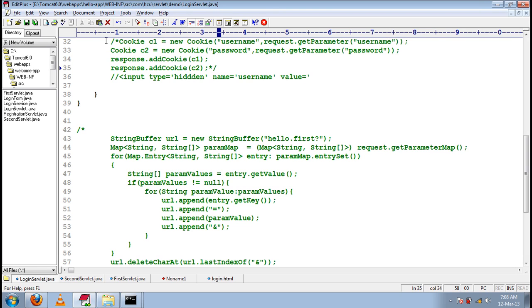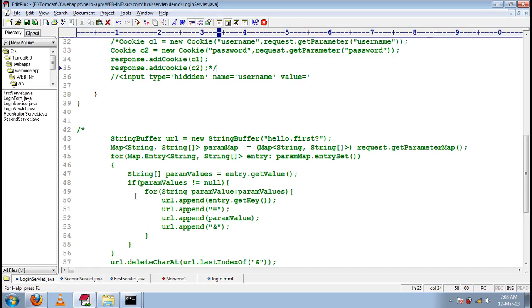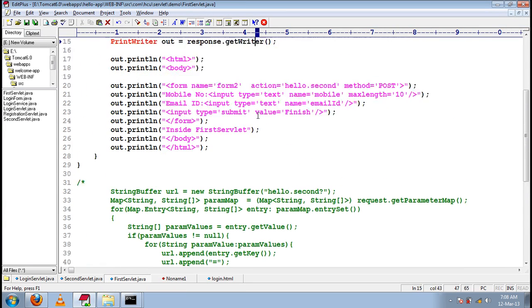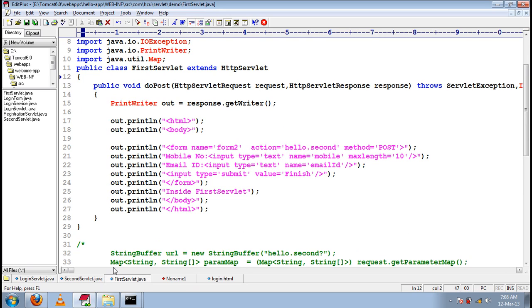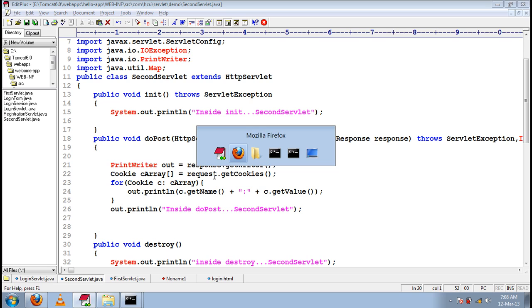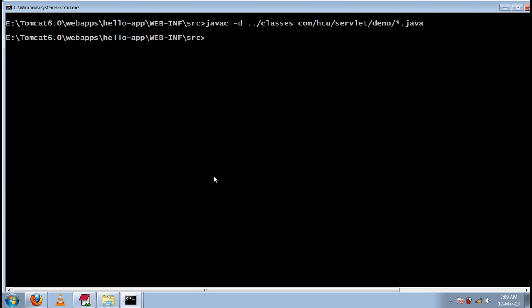I am not adding cookies to the response object. Understood? But I am trying to get those cookies in the second servlet. In the second servlet, I am trying to get the cookies. Now, let me start the server.